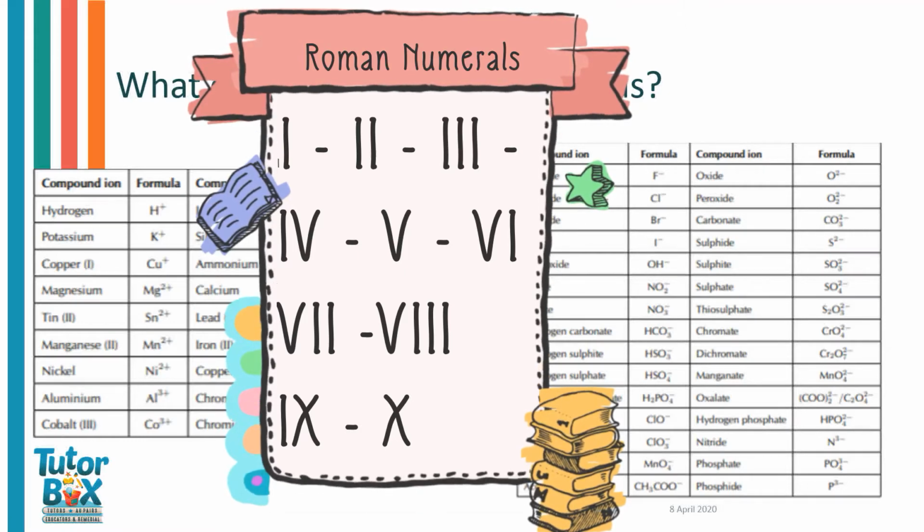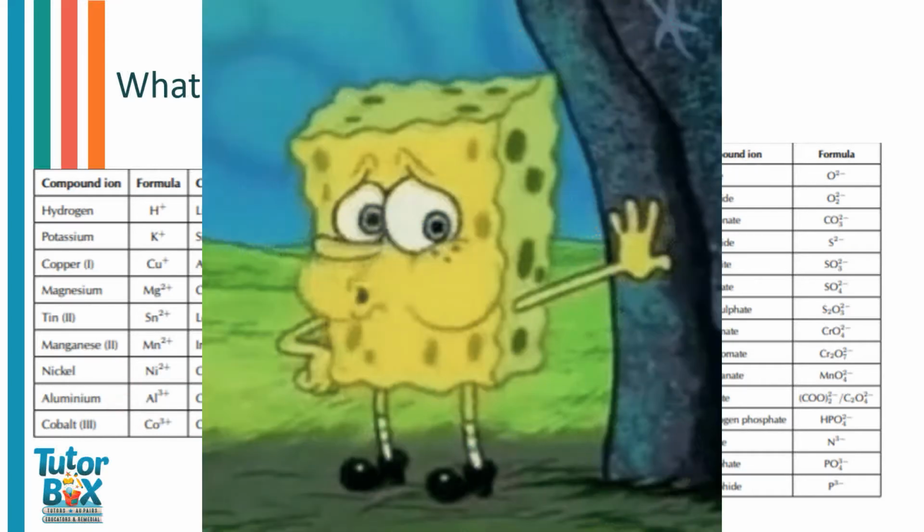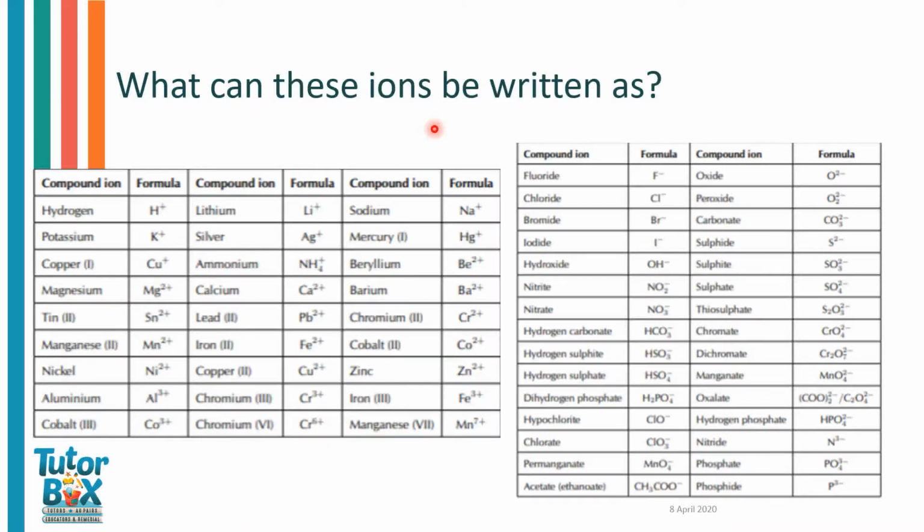Got sodium, mercury, beryllium, barium, chromium again, this time it's 2, cobalt, we had there as well, zinc, iron, and I think we had iron there as 2. Okay, so iron will be the most common one you deal with, so you have to remember that it's Fe2 or Fe3. Okay, make a note of that. And manganese again. So that's why they have to have the Roman numerals in the brackets, because they exist in different forms.